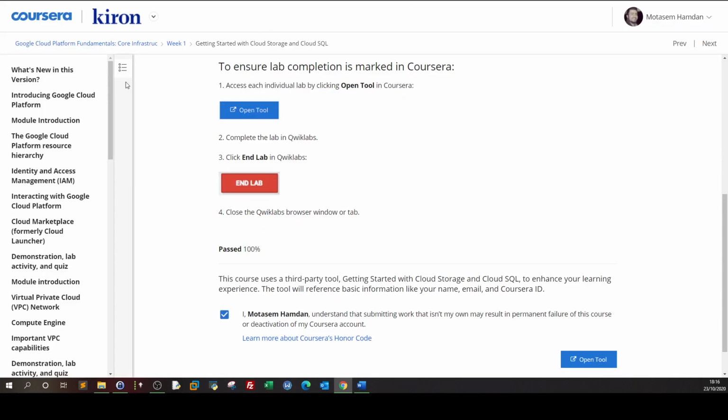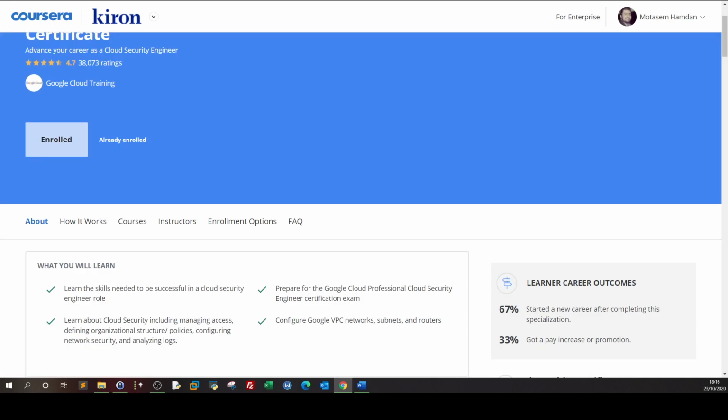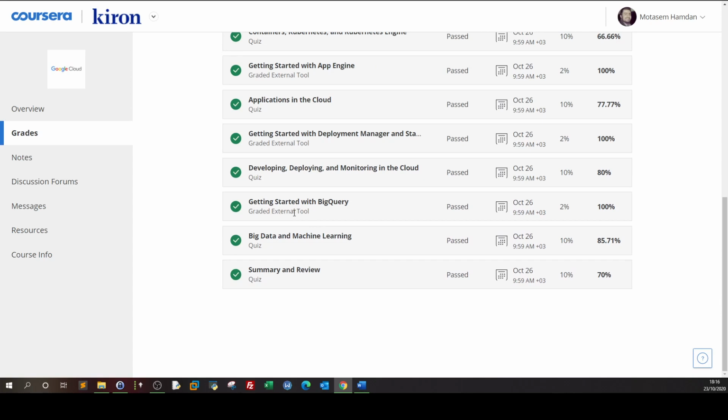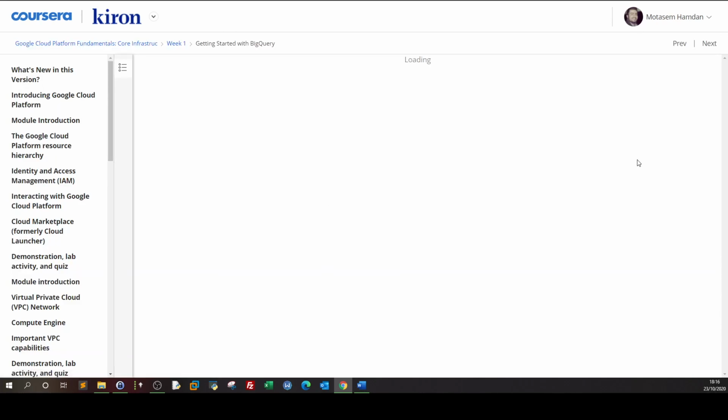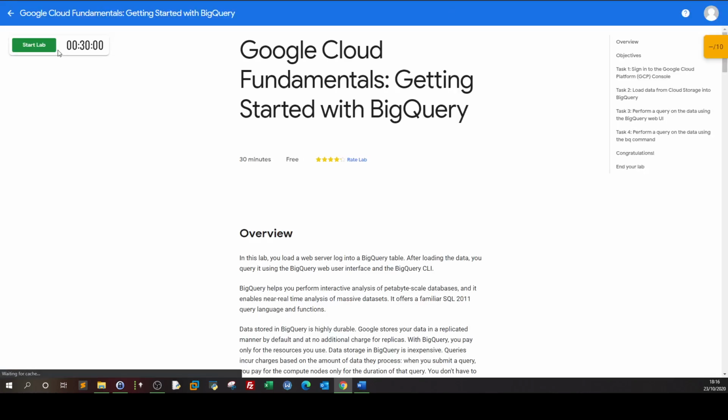Let's click X on this, go back. So the first course is an intro to Google Cloud Platform, right? It gives you an introduction to Cloud SQL. Let's have a look on Google Cloud here. Let's take a login view here, so the logged-in view. So we click on that, for example. You go here, and if you click on Start Lab,